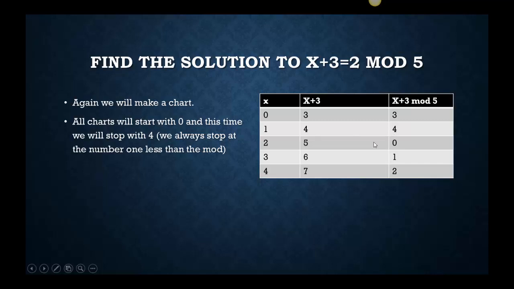Now I got to 5. 5 mod 5 is 0, no remainder. When I do 6 mod 5, I have 1, and then 7 mod 5 is 2. All right, I go back to what was the question. The question says, when is it equal to 2? And here's 2 right here. So this says, I get 2 when my value of x is